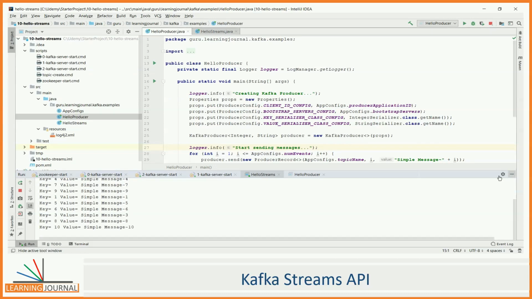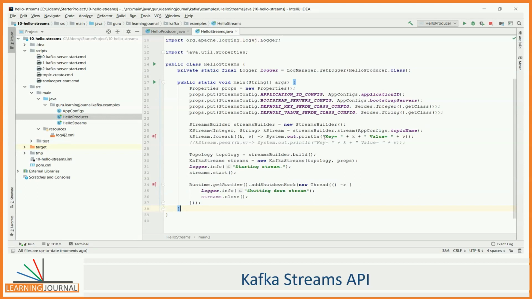We have seen a simple Kafka Streams application. You must have realized that the core of your Kafka Streams application is the topology of your application. So the next couple of lectures will elaborate on the topology and create a reasonably complex stream processing application. Great. That's all I wanted to cover in this lecture.